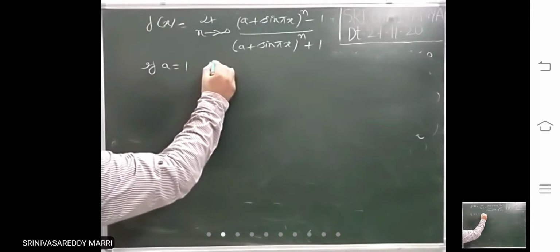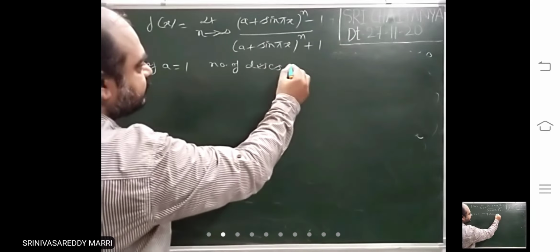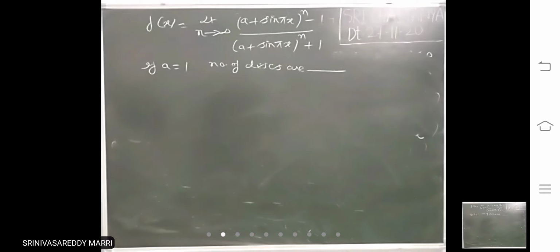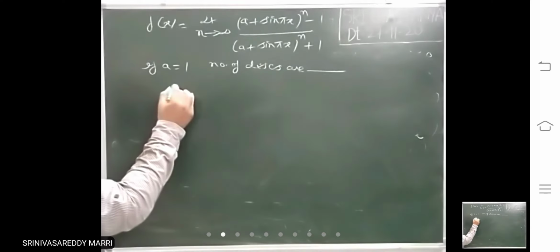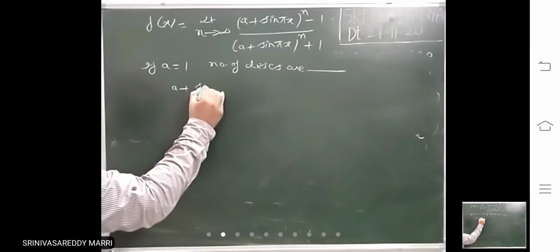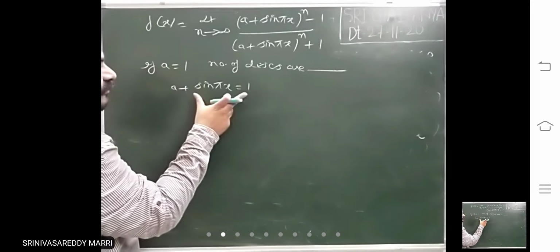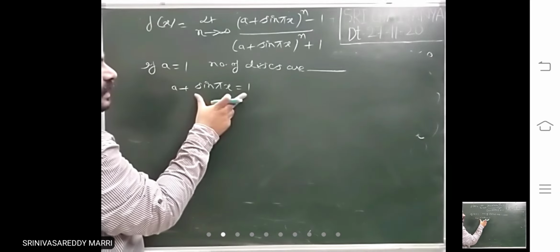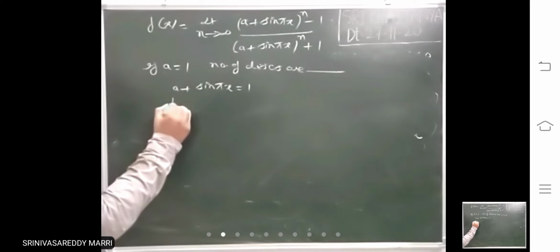If a equal to 1, number of discontinuities are dash. Right? So this will have discontinuities when this is 1. When this value is 1, it will be discontinuous. He has given a equal to 1. A equal to 1 means